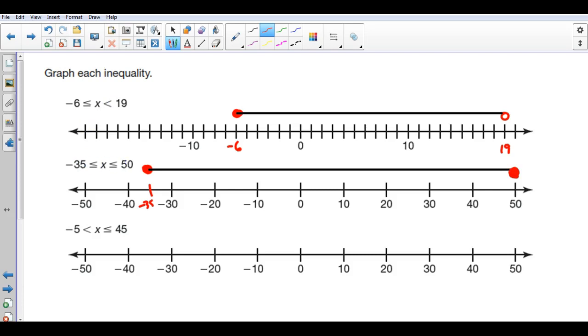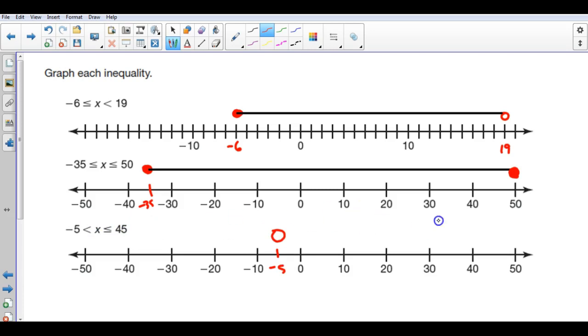So on this last example, you'll notice we don't have the or equal to on one of these parts, so that's different. What that means is that we're going to have to put that open dot here because -5 is not part of our solution. So I'm going to go to where -5 is on my number line. I'm going to write where it is, and then I'm going to put a big open dot above it,